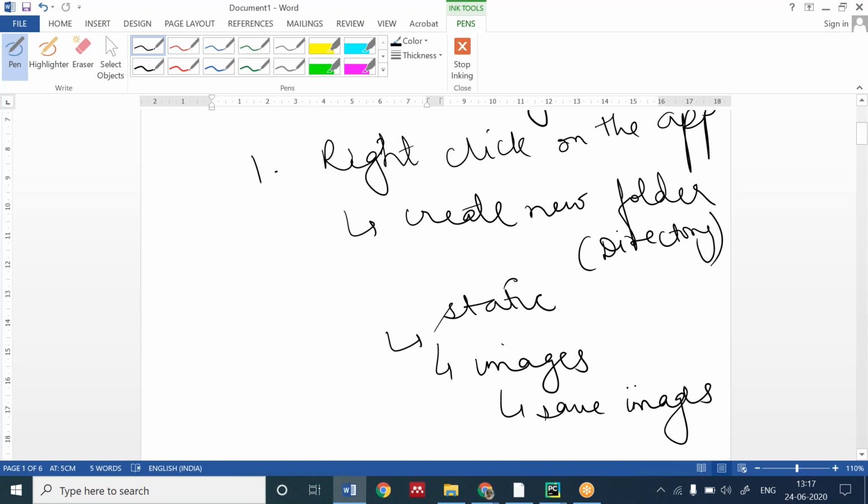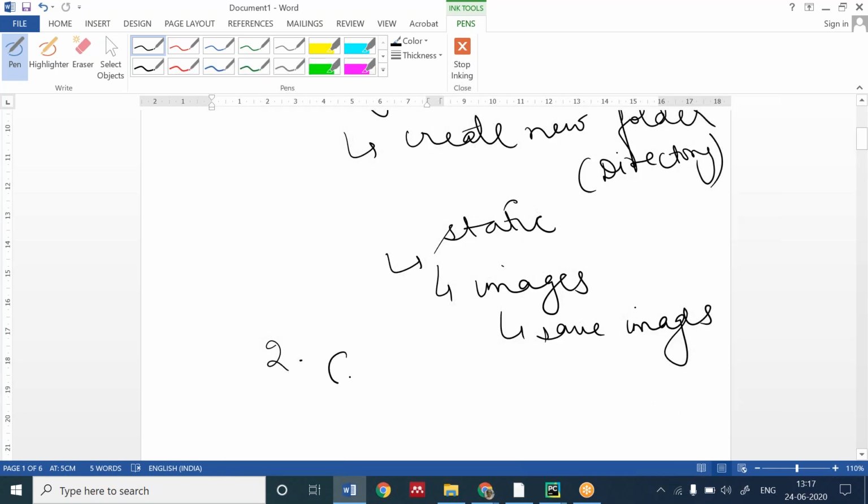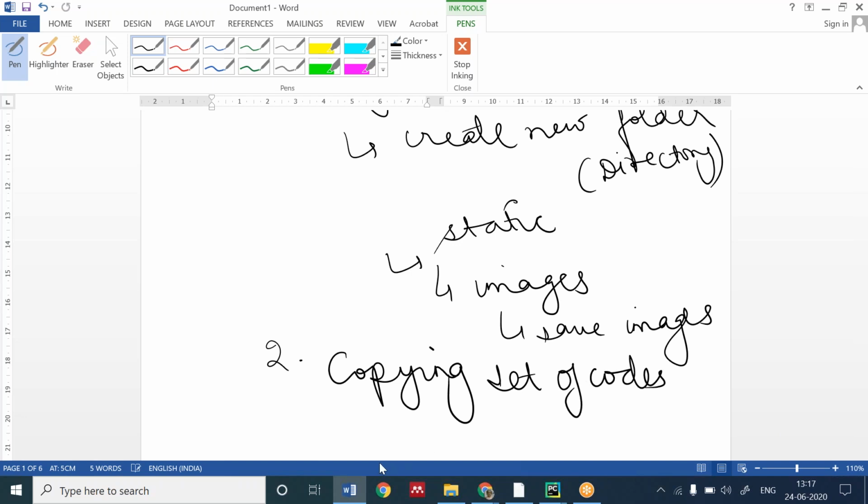Drag and drop. Okay. After you do this, the second point is copying the set of code which I am providing in settings.py.